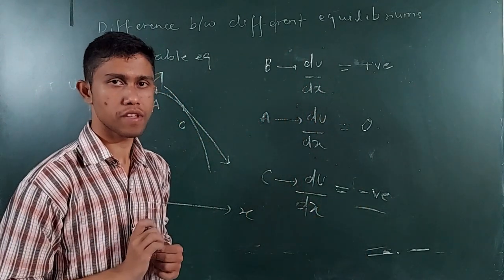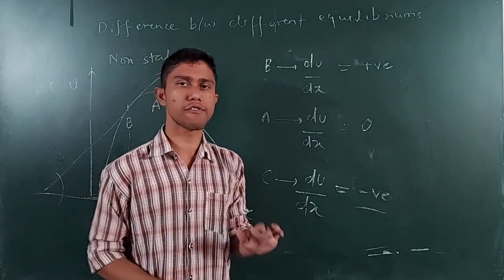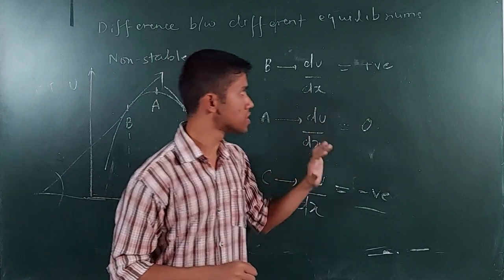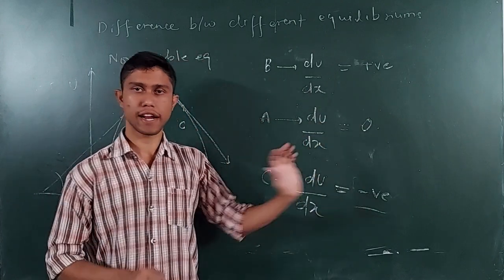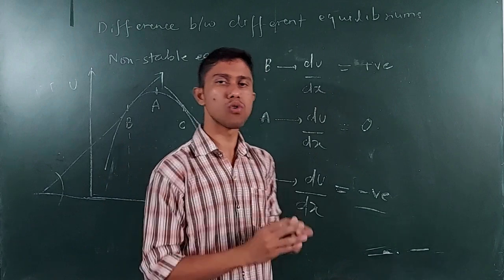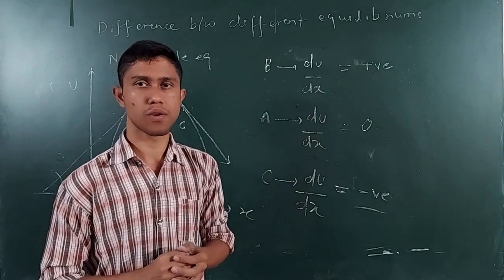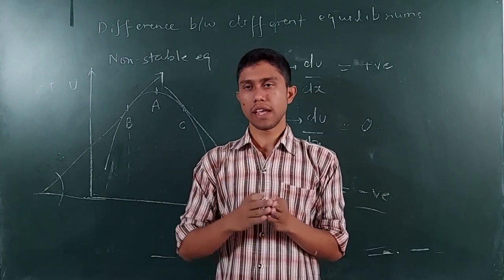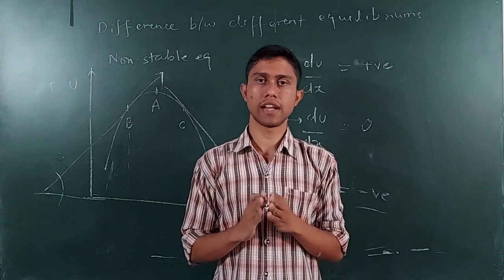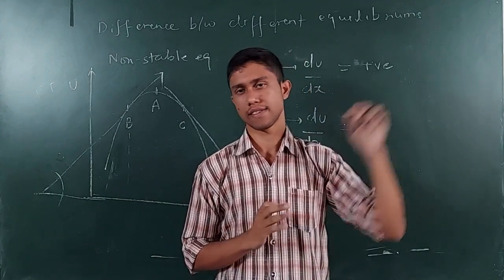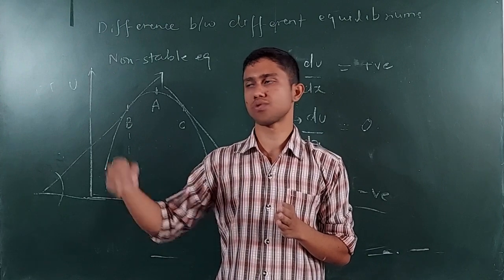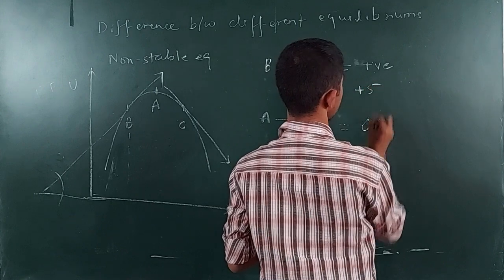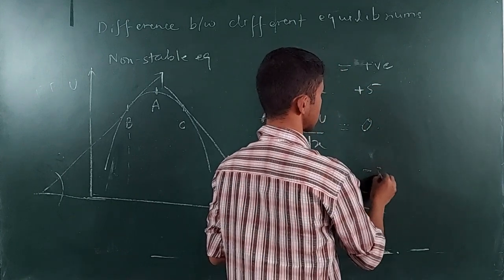Simple. In this way we have found du by dx for each and every point. For point B it is positive, for point A it is 0, and for point C it is negative. Now I want to find out how this du by dx is changing. On a number line I have 0 in the middle. Going this way is the negative axis and this way is the positive axis. So the numbers are -1, -2, -3, -4. Suppose positive, for example, I write +5, then 0, and for example -3.